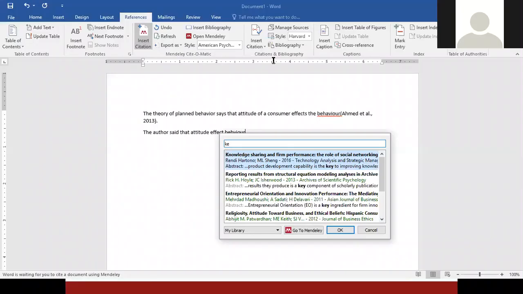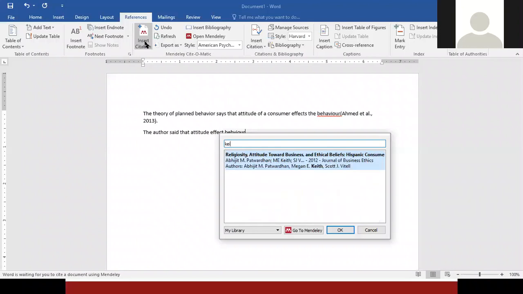So this, I say, it came from some Keith. I think it was some Keith who had given this concept. I have to have my study for sure. Without that, it can't. Now, this is my Keith paper. From where did it come? It came because Mendeley had it. Remember, if the Keith paper is not there in Mendeley, you cannot cite it, period.